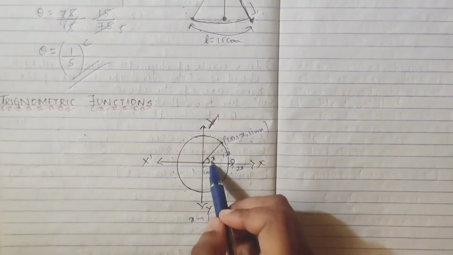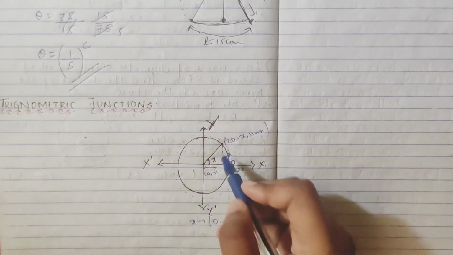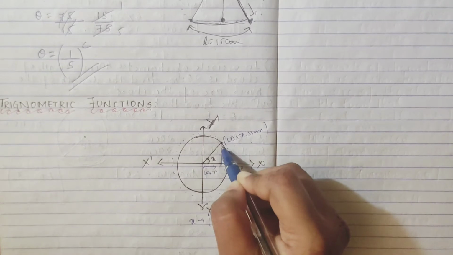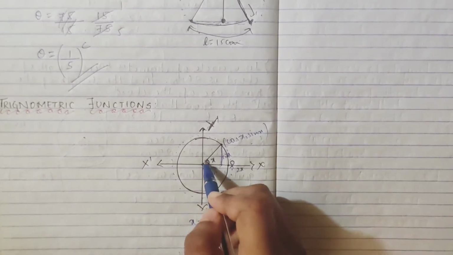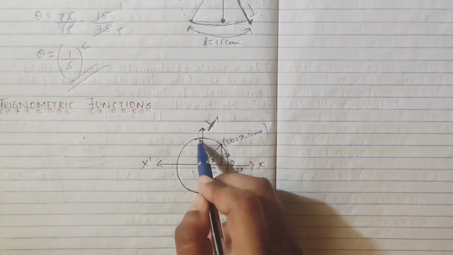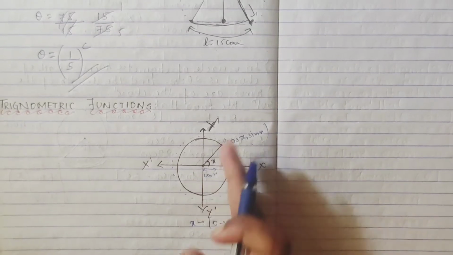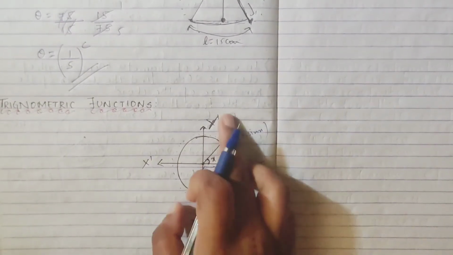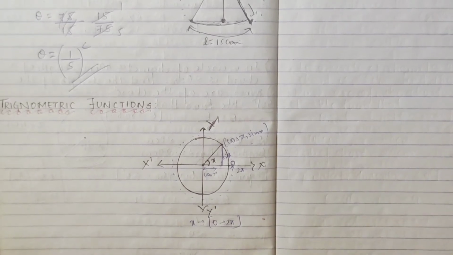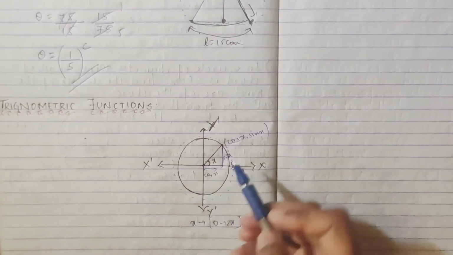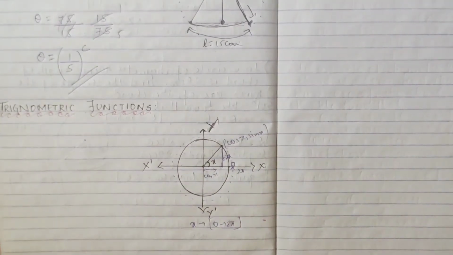So for the unique values of x, we have unique values of cos x and sin x, because for every quadrant or every angle, whenever x is moving, you will be getting a triangle, right? Here also you will get some angle, even here. There will be some base and height. Base is our cos x and our height is sin x. So for a unique x there is a corresponding unique cos x and unique sin x. This is just a simple definition of cos x and sin x.